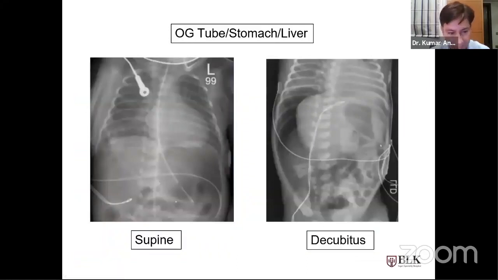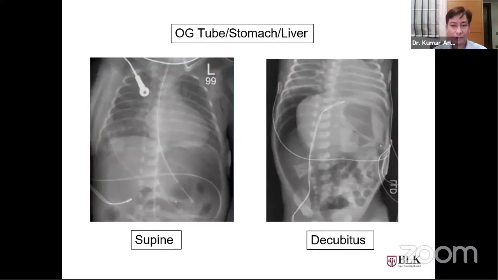As I told you, below the diaphragm, you just look at this X-ray, there is a lot of lucency, but you can't find any air under the diaphragm. But when we did a lateral decubitus film, we found that there was a lot of air, and it was a case of severe abdominal distension, and it was a case of spontaneous intestinal perforation. So sometimes a decubitus film is important. However, it all depends on the patient's condition.